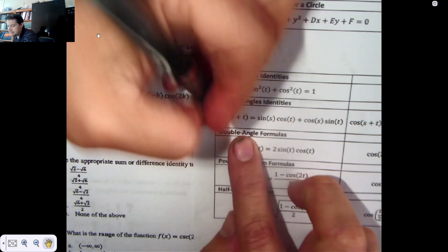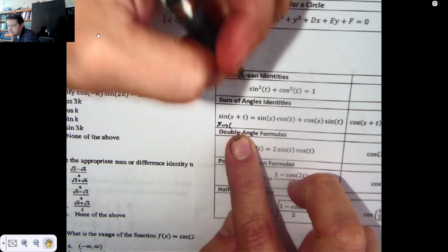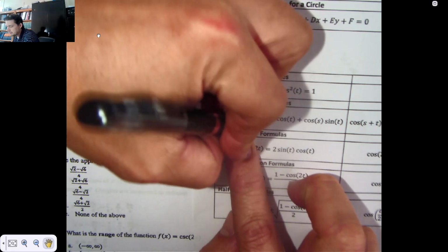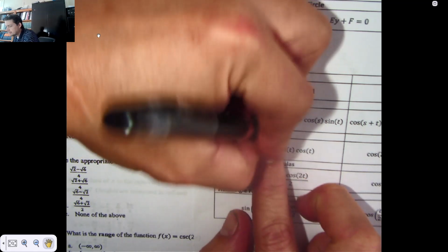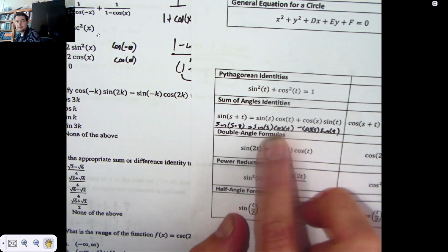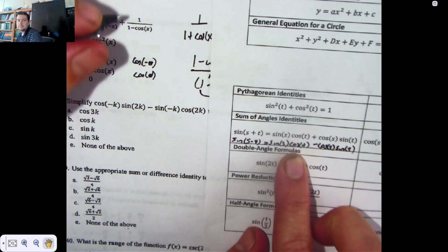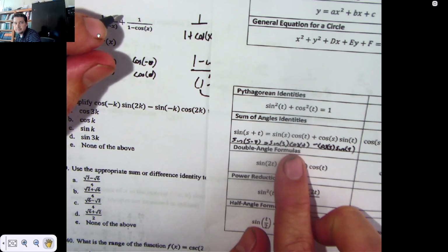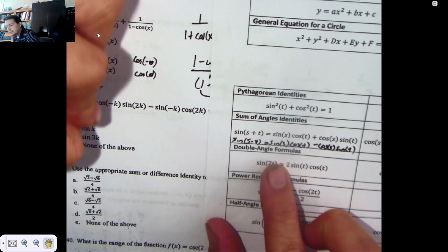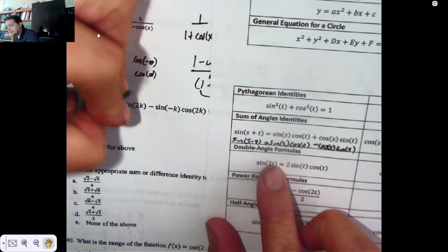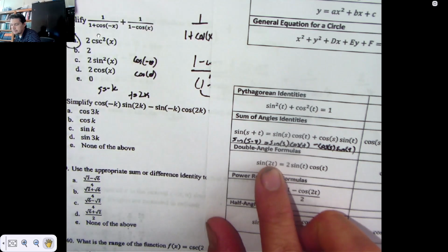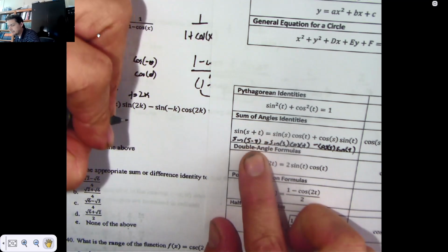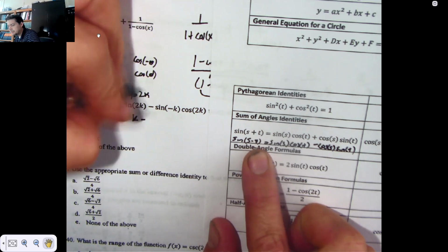So it must be the sine of s minus t, because it would be the sine of s, cosine of t, minus cosine of s, sine of t. So it's that guy right there. So it's the cosine of s minus t. Yeah, I think so. That would mean that s is a negative k, t is a 2k. And if we do negative k minus 2k,